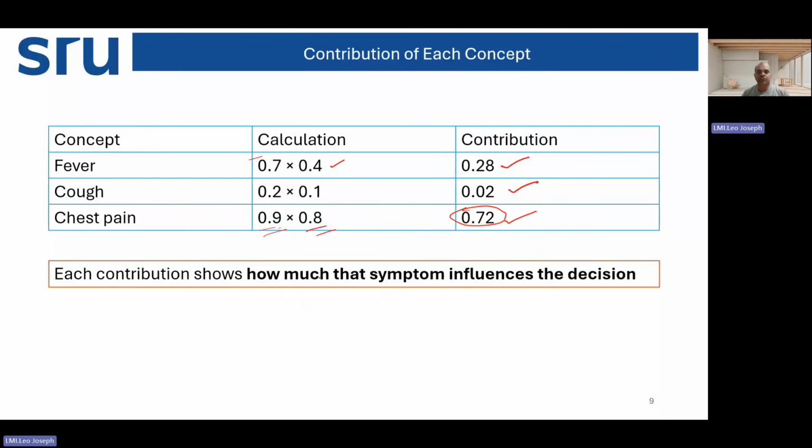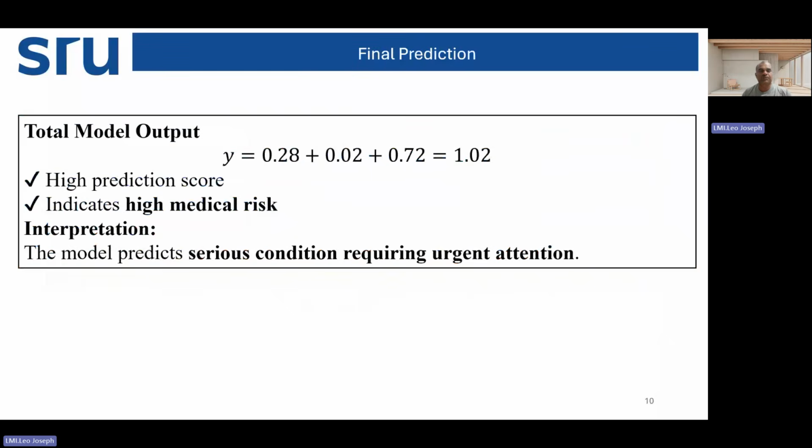So each contribution shows how much that symptom influences the decision. So how it is predicting means, irrespective of the concept, it is also gaining the weights. And based on the multiplication also, it is getting the highest weightage. On that basis, it is predicting that chest pain is the